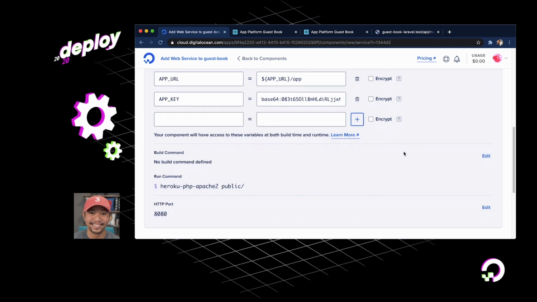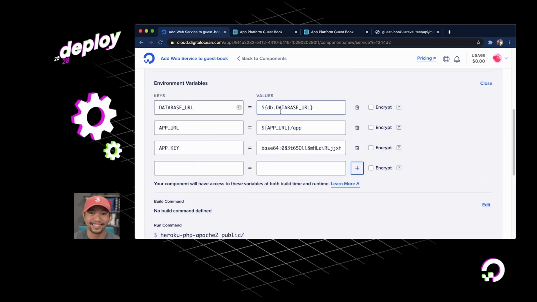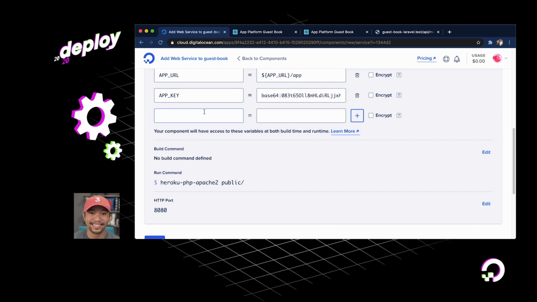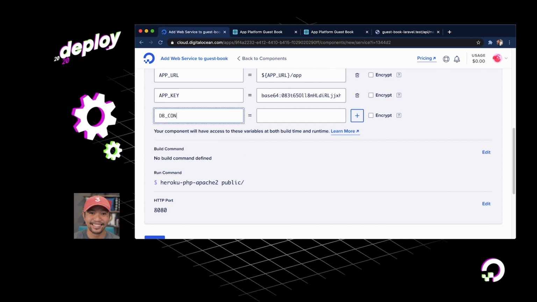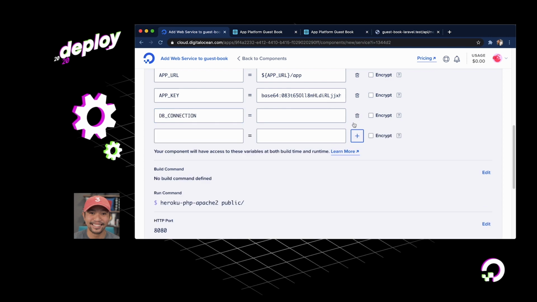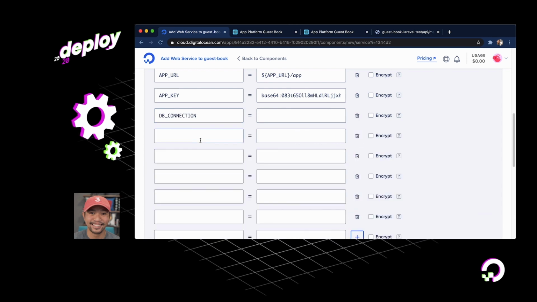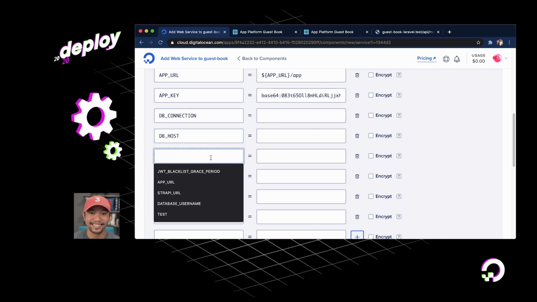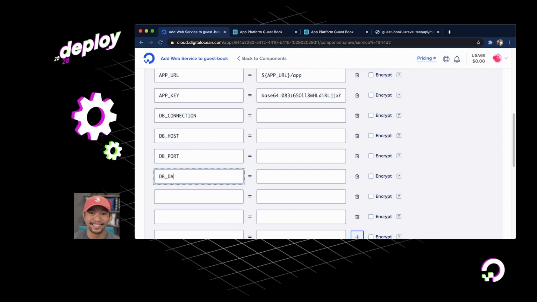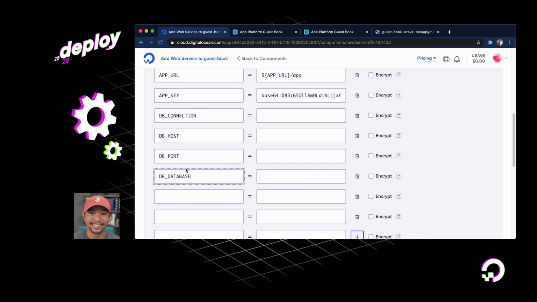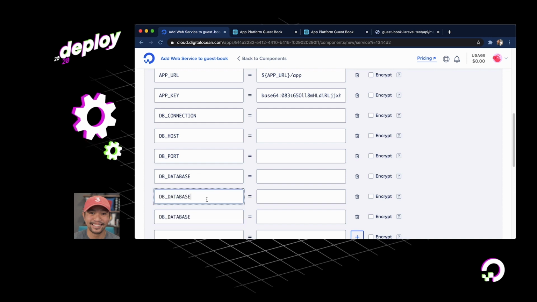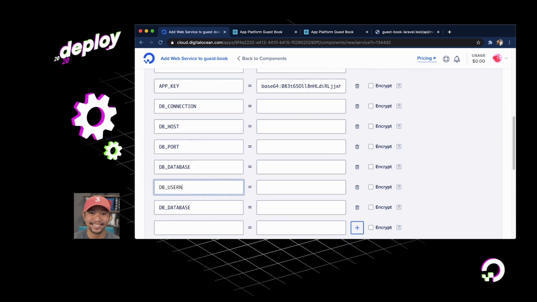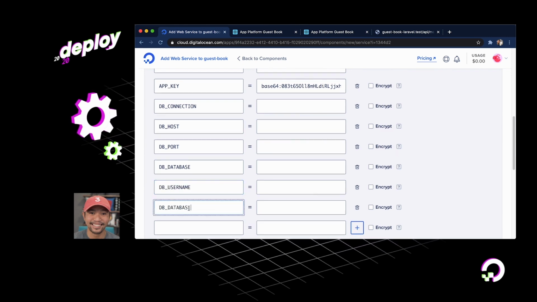And we'll go for some more to connect to the database. So you could set this up to use database URL right here, but I'm going to go in and use each specific variable. So let's call them out right here. Database connection is something that Laravel can use right here. And that's how you specify I want Postgres or MySQL or whatever you're using. I'm going to say DB_HOST, DB_PORT, DB_DATABASE. Let's go for a couple more. And I believe we need username and password. Oh, that's supposed to be all caps. And password here.